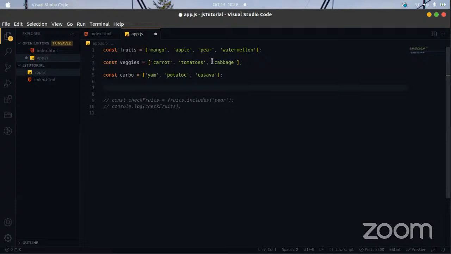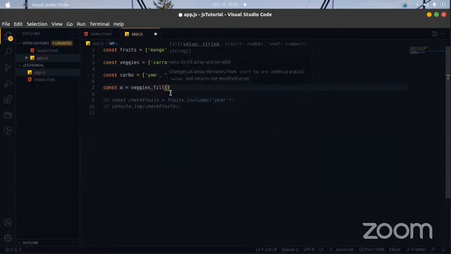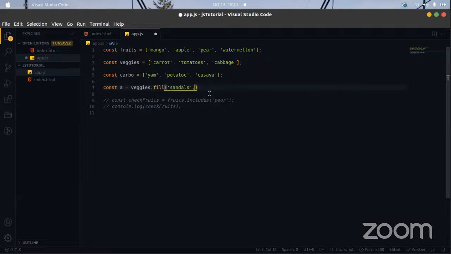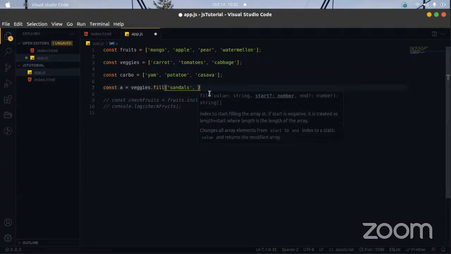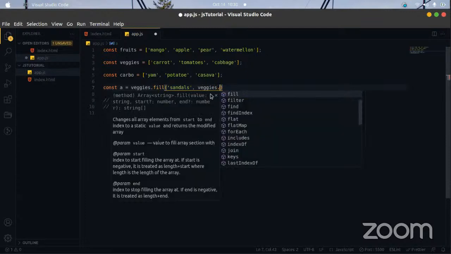The way we do that is, let's say we create a random variable and call it a, and say a is going to be equal to veggies.fill. I want to change the last element. The first thing we'll do is decide what we want to change that last element to. Let's say we call this sandals, and then to change the last element, we'll say veggies.length,